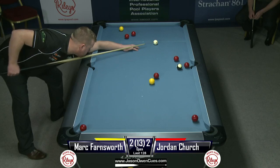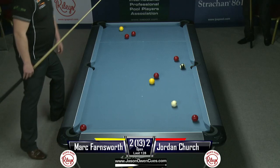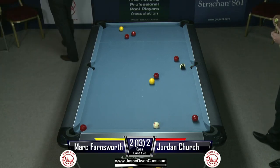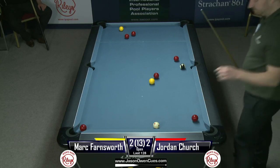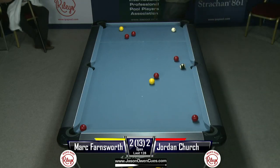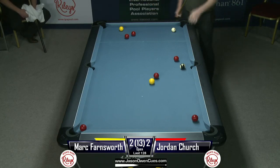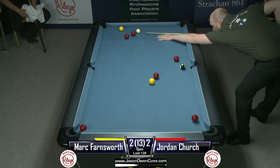So he's looking at two cushions, and yeah, he's missed it. But he's just done Jordan a real favour there, because the ball behind the black was a little bit tricky. Shouldn't have made much of a difference, but now he's got ball in hand, so I expect Jordan probably just to pop the yellow at the top of the table there, just to open that pocket up, and